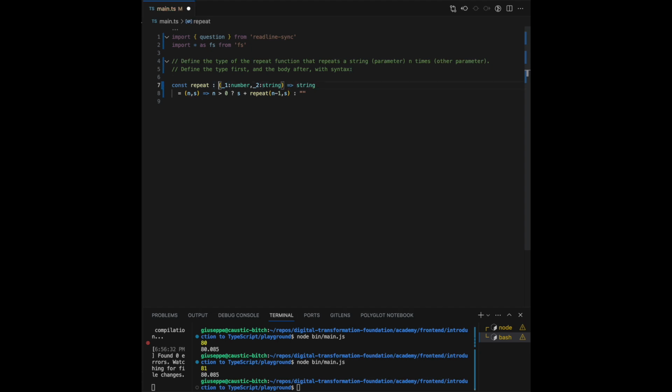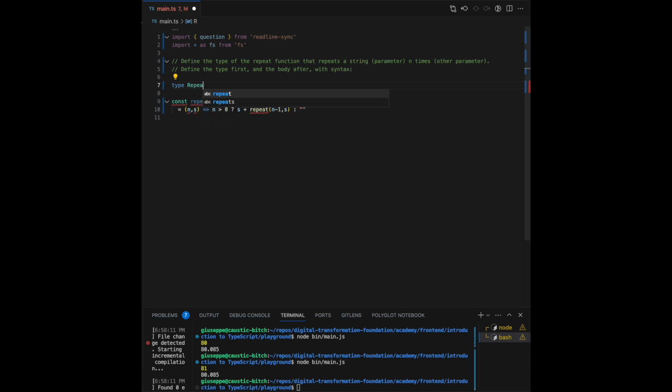So when you have this syntax where you have first the type and then the body, what you do get is basically the type as a sort of documentation. This is actually very powerful. You might also say, no, n is a number and s is a string, so I'm repeating the names of the parameters. I'm not the biggest fan of this, to be honest, but, well,